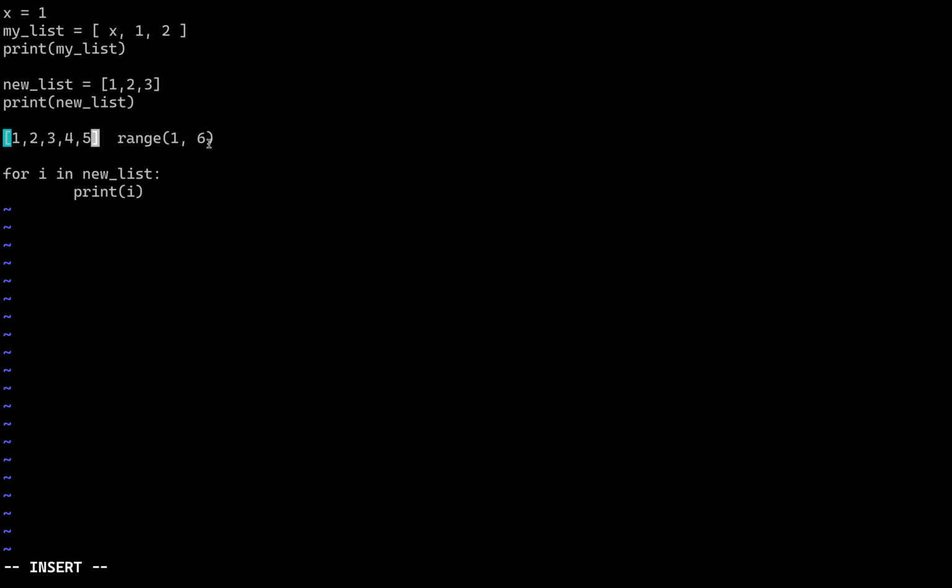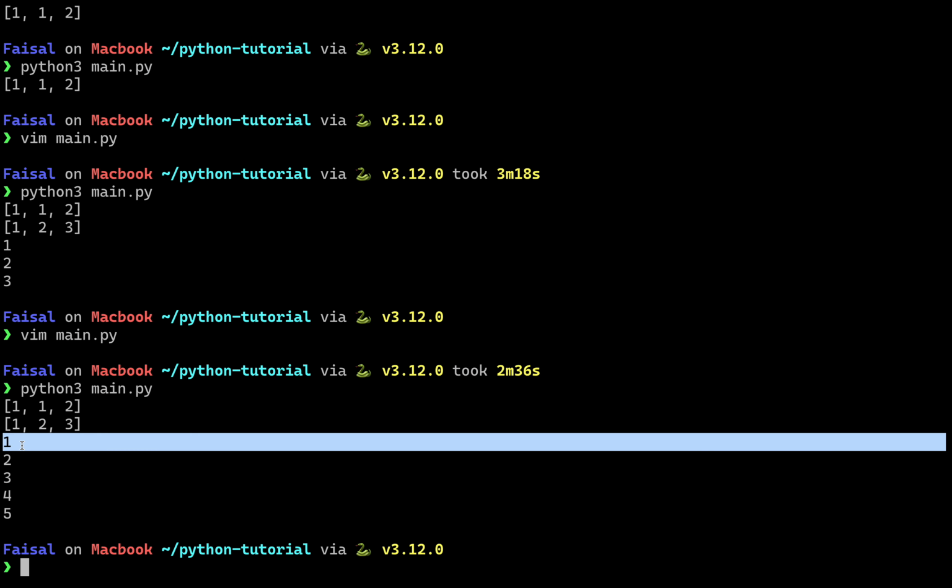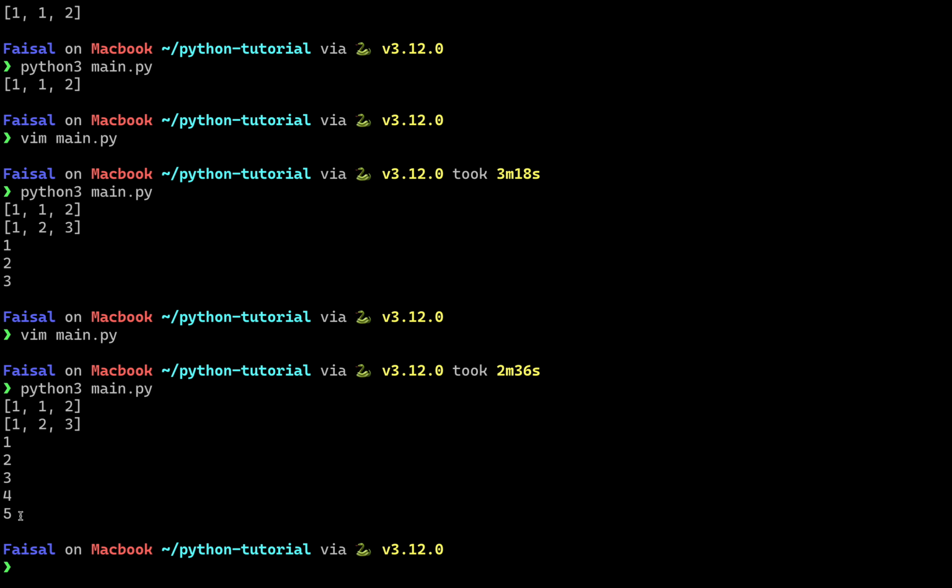But this is not how we use this function. How we use it is in a for loop. So if I add here, instead of a new list, I can directly write the range function, and I'll just specify the higher limit of my list that I want. I want my list to start from 1 and end at 5, so if I want it to end at 5, I'll enter 6. That's it. I'll just save it, and let's see if it runs or not. As you can see, it started at 1 and it ended at 5 because we wrote 6 inside the